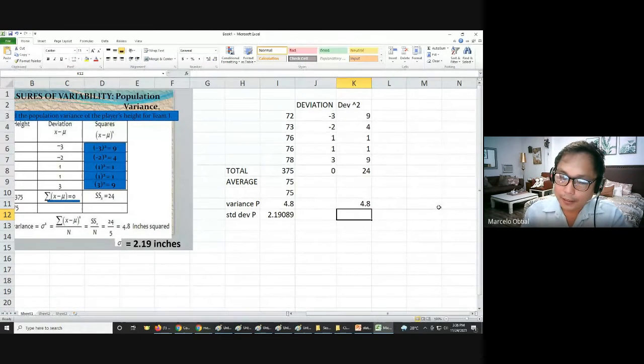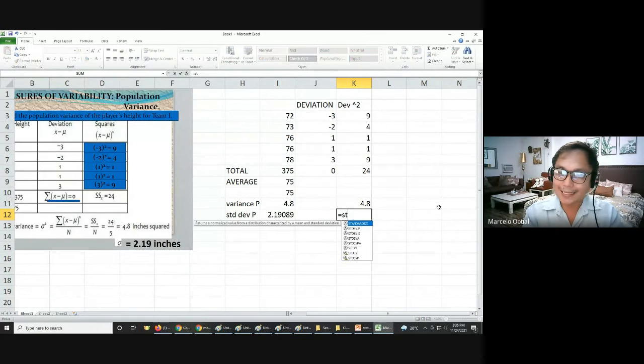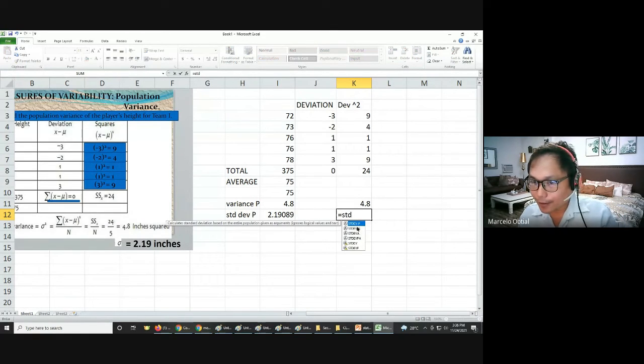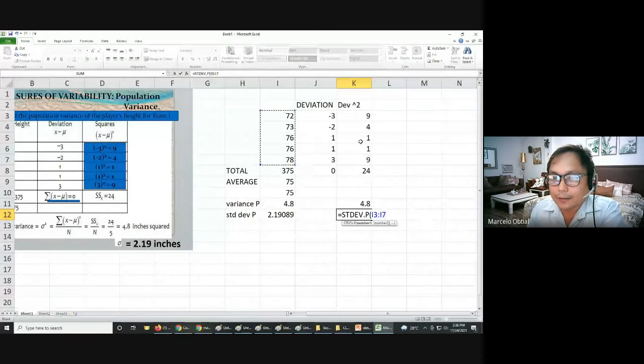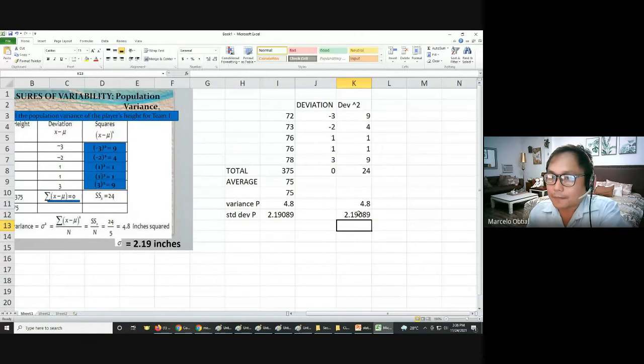4.8. The standard deviation, okay, STDEV, okay, P. Go to the given, by pressing the left button of the mouse, you click, you hold, then you highlight, you drag, no? Enter. The answer is the same. Ganun lang kasimple how to check using the Excel, no? Okay. The other one,